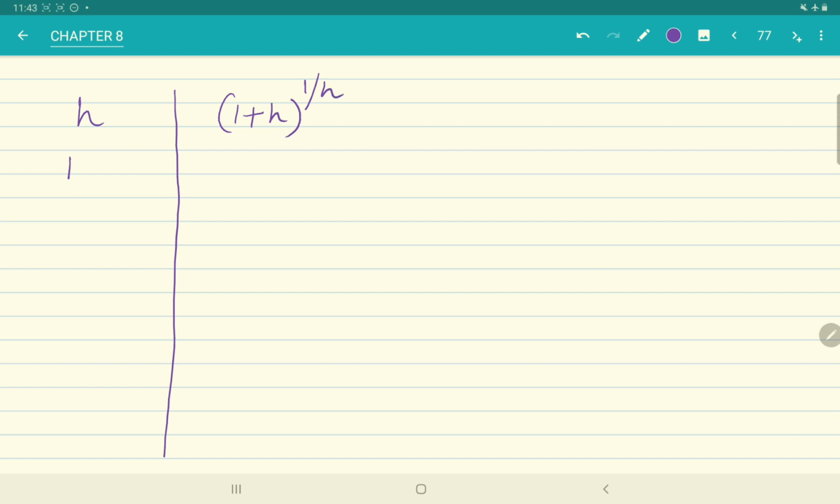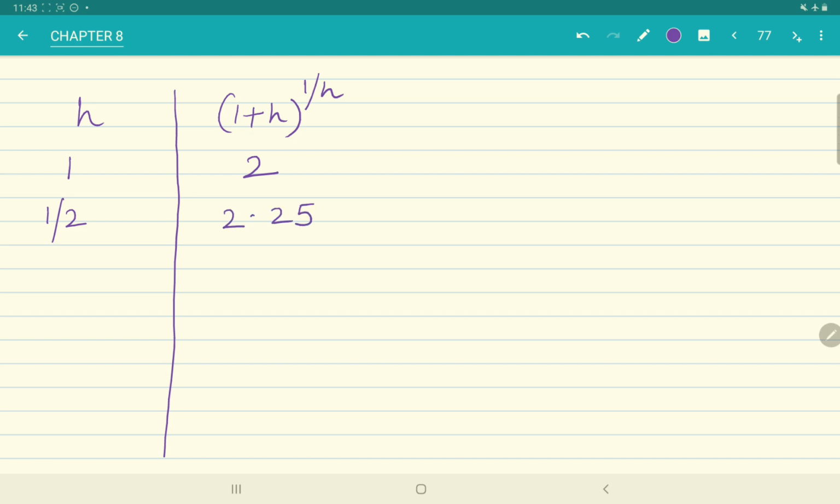I have to move closer and closer to 0, so I start with 1, and that means I have 1 plus 1 raised to the power 1, that is 2 raised to the power 1, that is 2. So I have to move closer to 0, so now I take h as 1 by 2. If I take h as 1 by 2 and I use a calculator, I see that 1 plus h raised to the power 1 by h will be